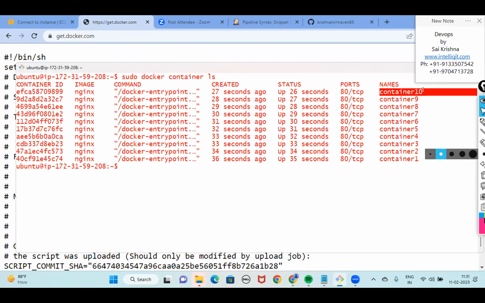Because of lack of hardware resources, we are giving smaller numbers. But just imagine if you are having hundreds of servers and in this way you want to create n number of containers, a simple Ansible playbook is resolving that. If you go with the regular Docker, you can imagine how much time it will take.